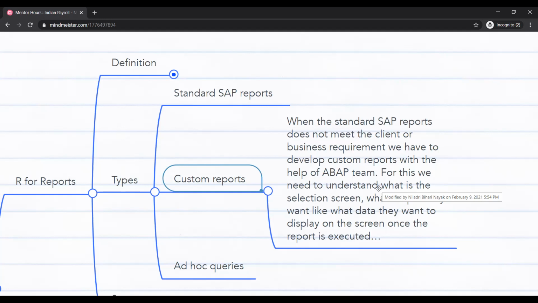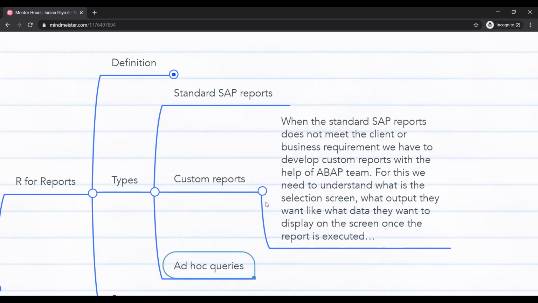Once the development is done, he will do unit testing. Then again, you will do functional testing. Then you deliver the report to the customer. That is the overall process of how to design a custom report and how to write those things. I will be discussing that. Is it clear? This understanding is important, because many customers ask for custom reports, and this is very specific to projects, nothing conceptual or hands-on. Basically, in a typical project, you will come across this.